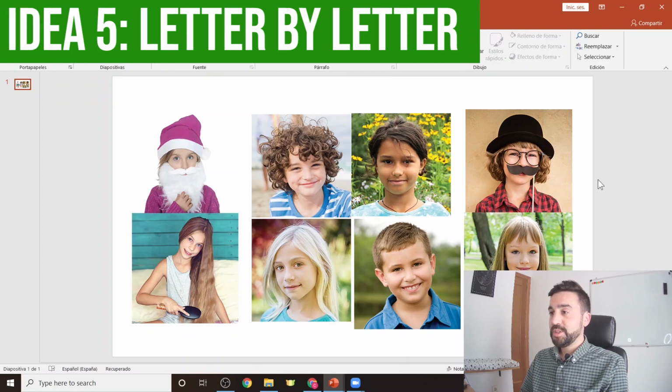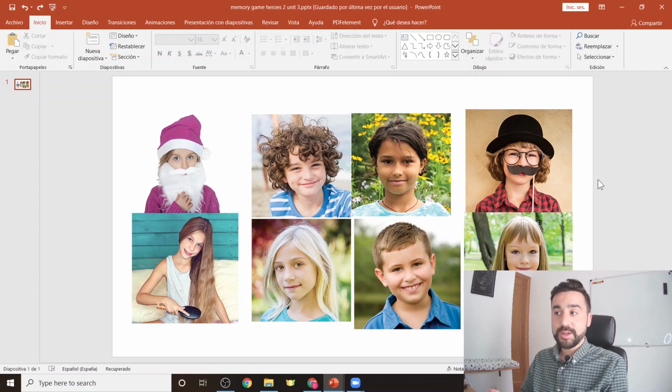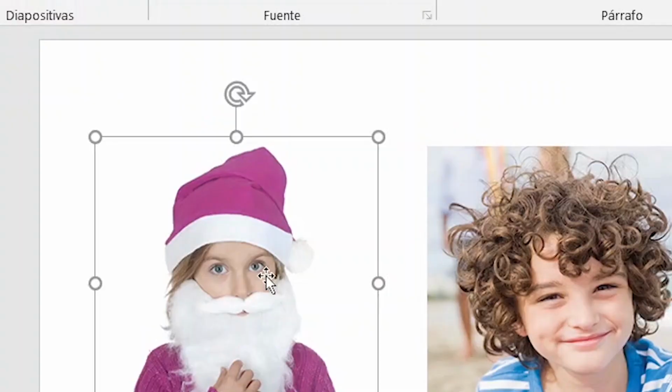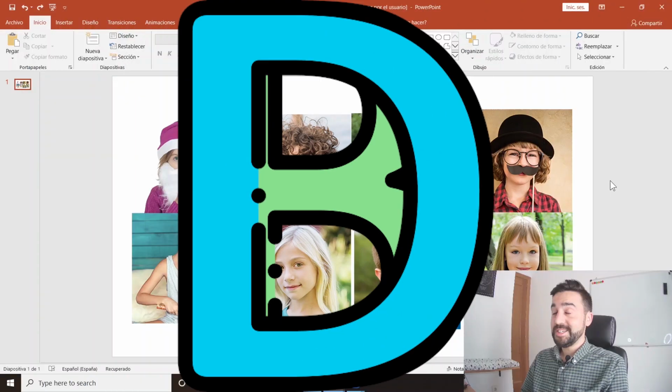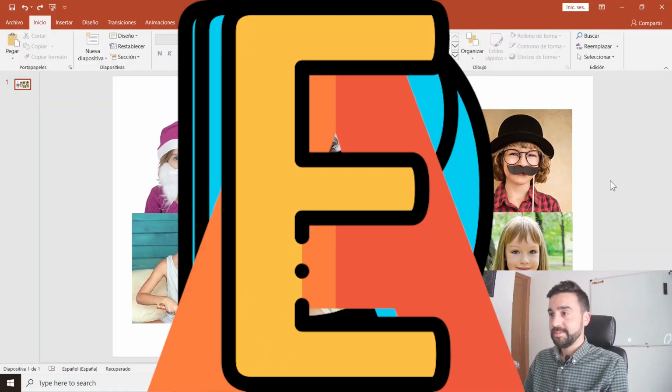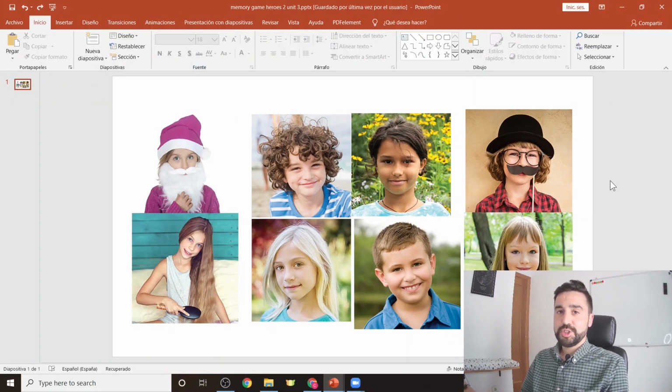Idea number 5 is a game that I call Letter by Letter. Again, with all the flashcards revealed, what we do is we read out the word letter by letter for one of the flashcards on the screen. The students have to listen until the word has ended to then say which flashcard I am spelling. If I was to describe beard, I would say B-D-R-A-E. So spelling it out of order, and the students would have to listen carefully, and then at the end, one of the students would have to say the correct order and the correct name of the flashcard I was spelling out.